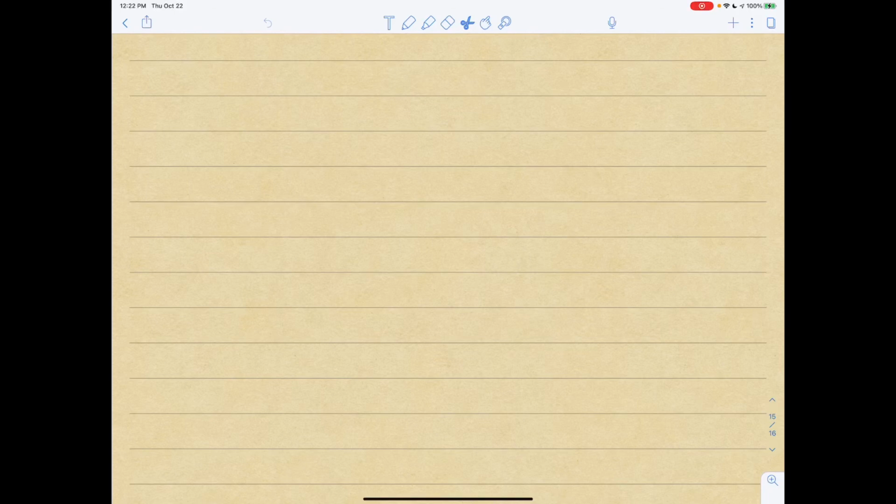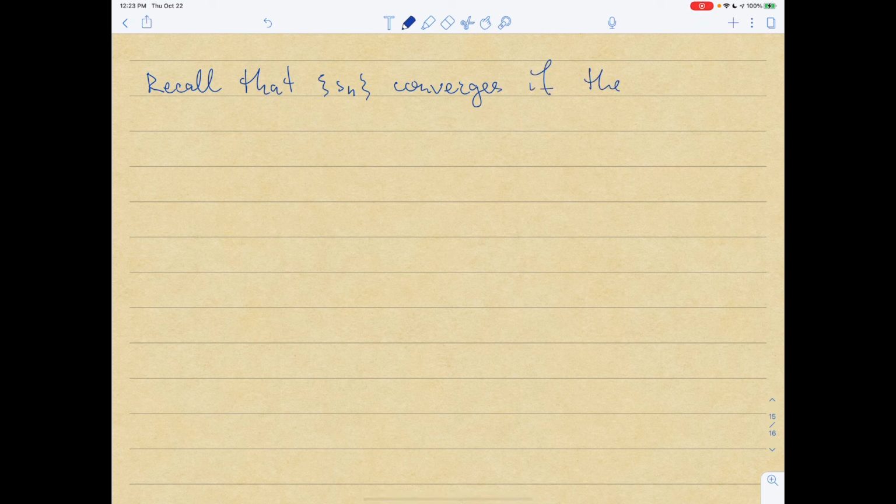All right, so now let's return back to the definition of the convergent sequence and we'll think about it for a moment. So let's recall that the sequence Sn converges if there exists an S in R such that